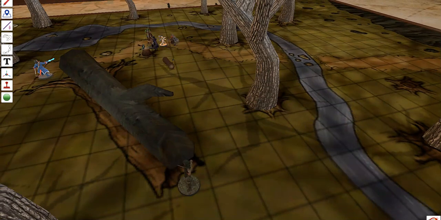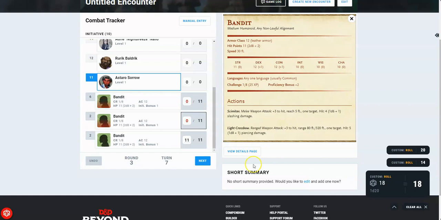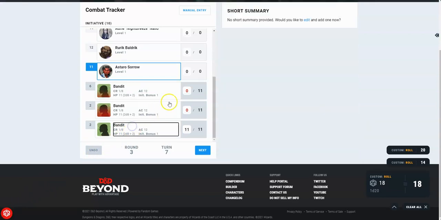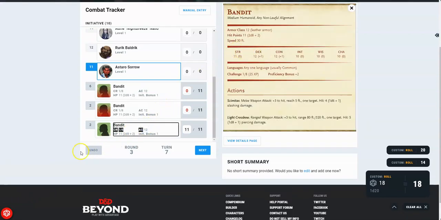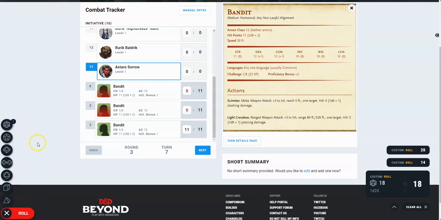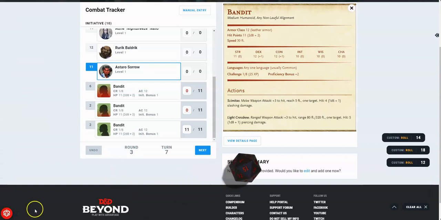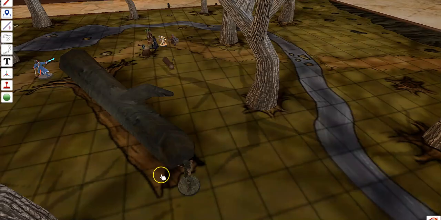They're a little distracted, so I'm going to give him an advantage on that. But he could be easily perceived. So let's give him advantage on this roll. We're going to have to do a stealth check. Now stealth falls under dexterity, so we'll roll with a +1. So he's got a 13 or 15, 16. So yeah, this whole group is distracted, and so he sneakily runs over here,